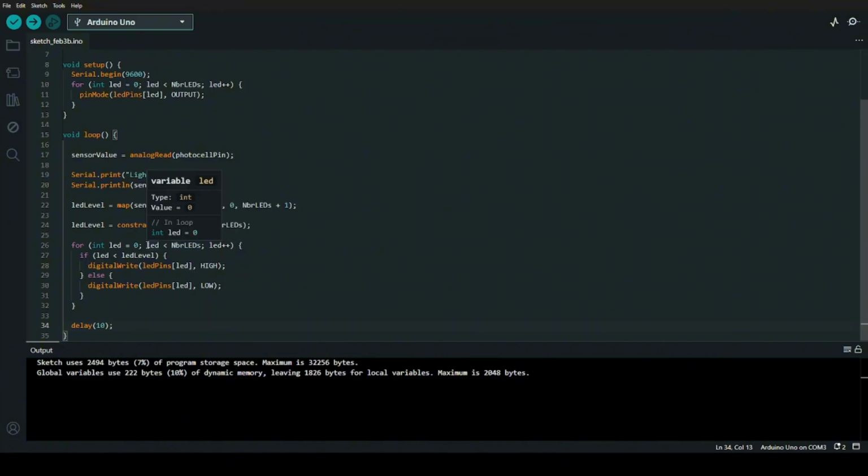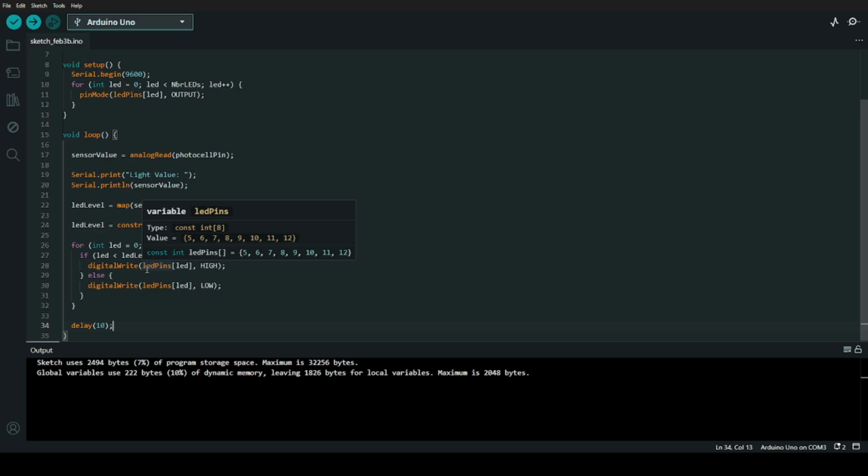So let's go to the display, or the output. We have the for int loop here. If LED is less than LED level, this compares the current LED index, 0 to 7, against the target level.